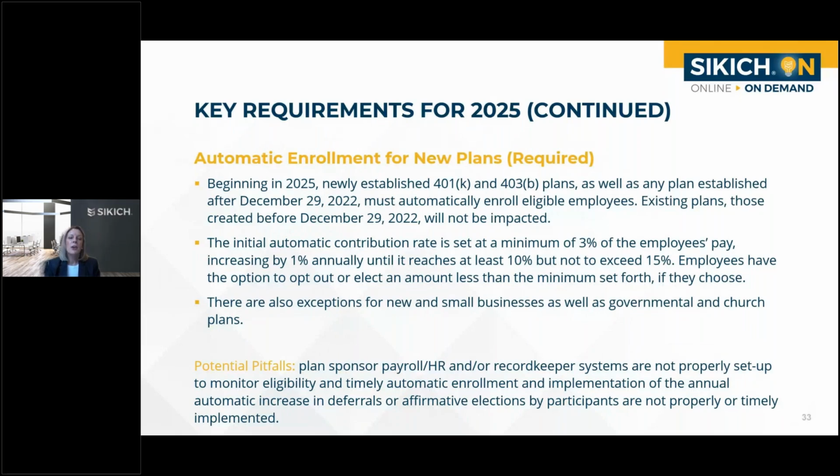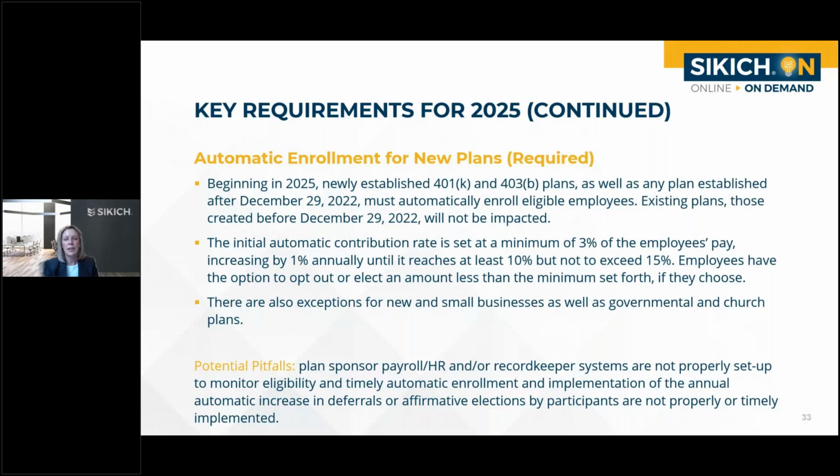However, one other thing to note here is that the automatic enrollment does not mean mandatory participation. So employees do have the option to elect out of the plan or to change their deferral rates at their discretion as well. So I did want to call that out, that it does not mean that this is a mandatory participation requirement. And lastly, as noted here, there are also exceptions for new and small businesses, as well as governmental